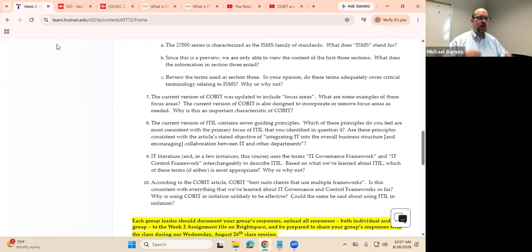Do we think that that's going to be a relevant approach for ITIL guidance? That we think about the entire entity when we think about how we implement our standards and practices? I think that makes sense because we do need to understand what the effects are going to be on the entity as a whole. If you implement one practice within a part of the organization, how will that affect the operations in other parts of the organization or the entity as a whole? So I do think that's one that's really important. It's not necessarily obvious though, especially if you don't know what holistic means in that context. If you think it's like holistic medicine, maybe it's like, that's a throwaway answer, Dr. Barnes. Okay. Anyway,